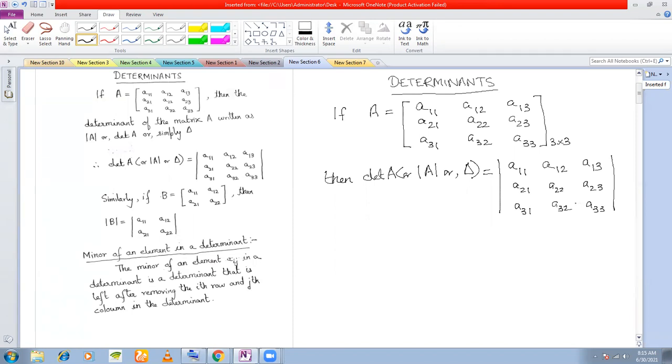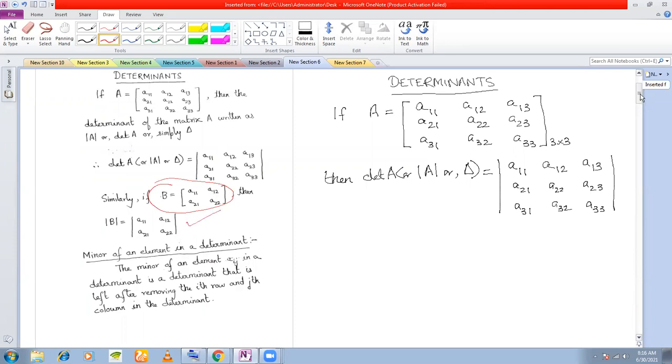Now see, a matrix will not have any particular value, but a determinant will have a particular value, a number as its value. We should know how to evaluate a determinant, that is, how to find the value of a determinant. So we'll see how to find out the value of a determinant. Now, here the matrix B is a square matrix of order 2. The corresponding determinant is this, similarly.